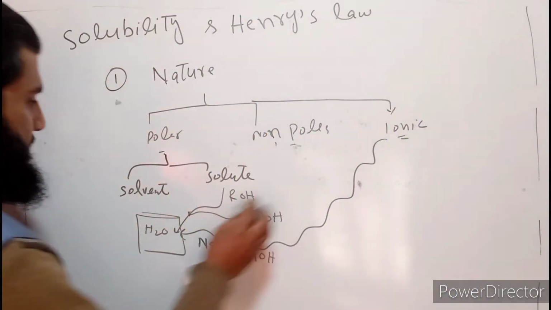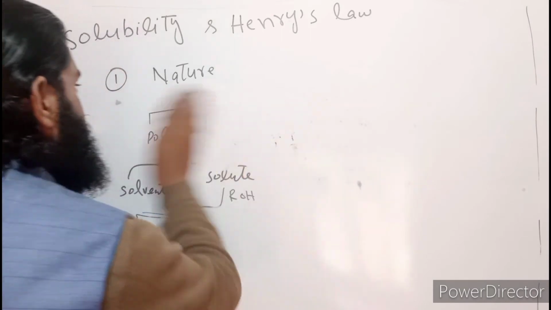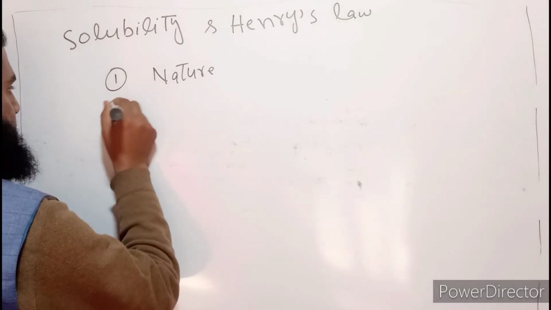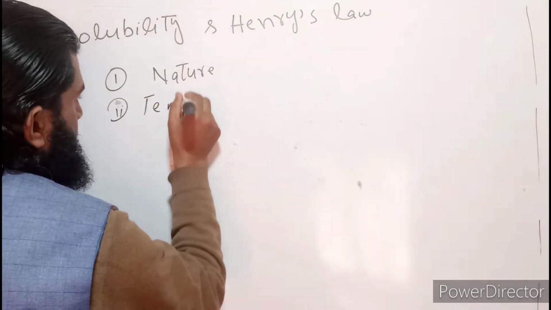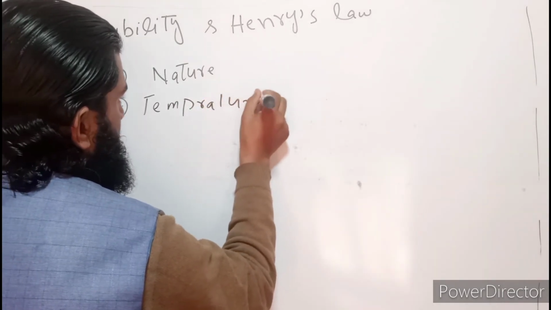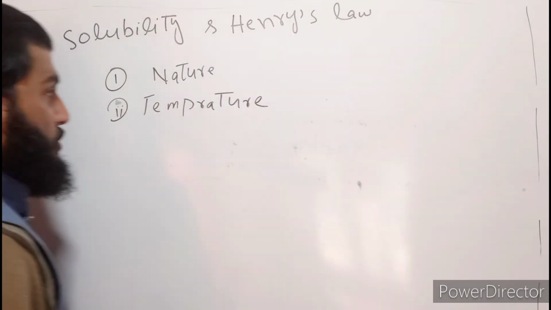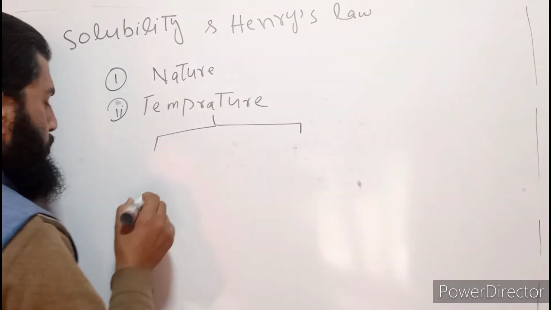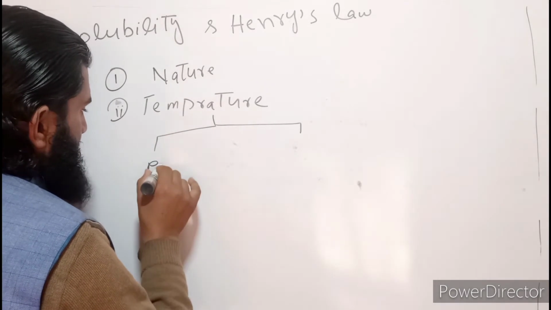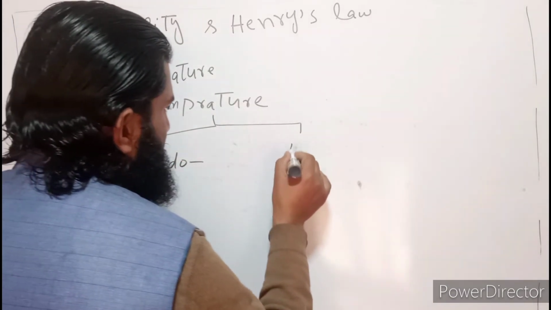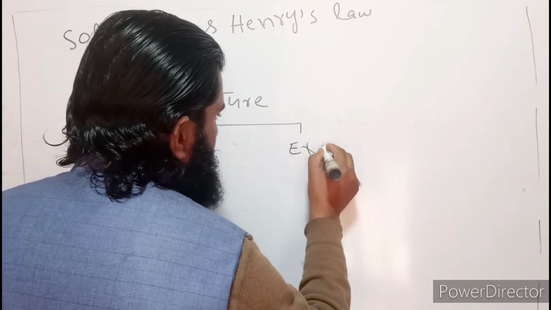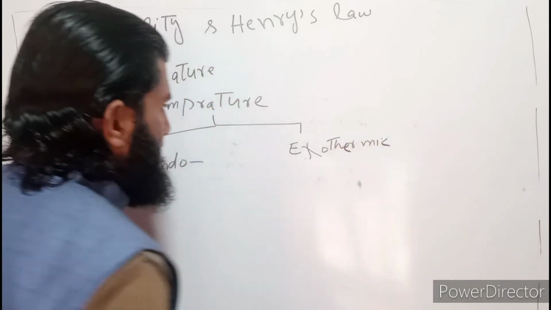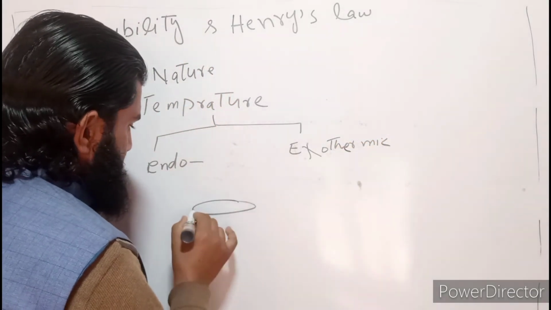Clear? So the first one is nature. The second one is temperature. Clear? So there are two types of reaction on the basis of solubility. One type is endothermic reactions, and the other one is exothermic reactions. Clear? So if this is a solvent,